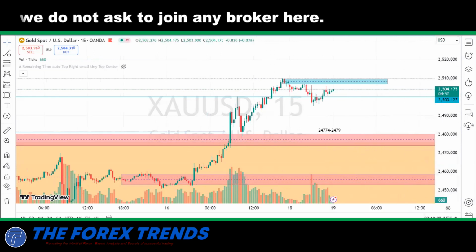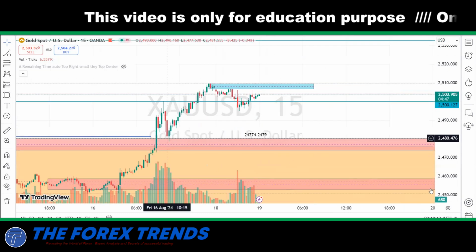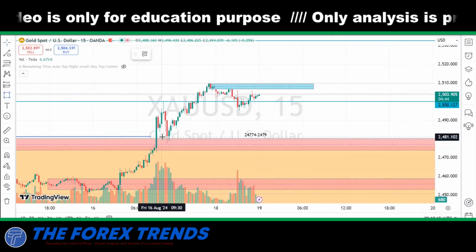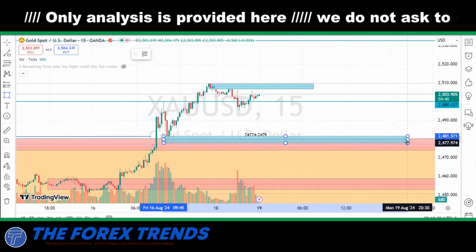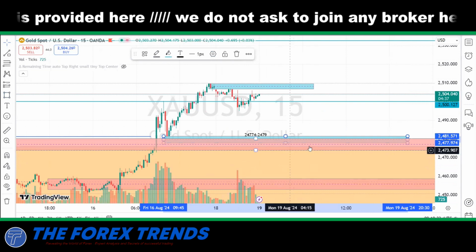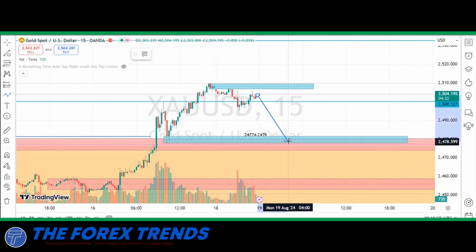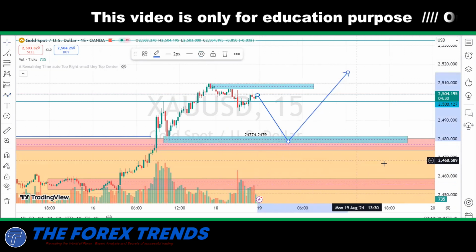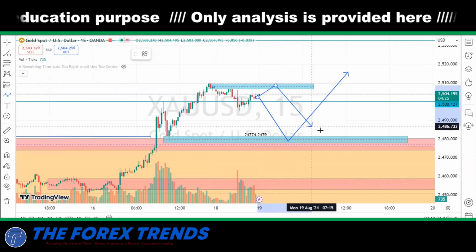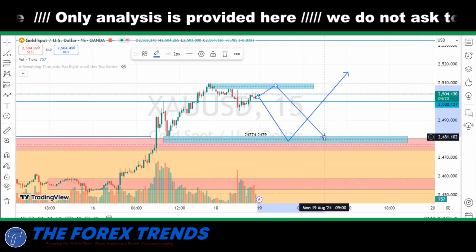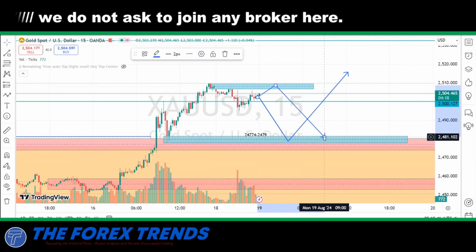Okay. So after getting price at this zone for today, you may initiate a buy from here. Okay. So this area is a very nice area to initiate a buy like this, and you may initiate a sell from here for scalping purpose. Okay. Those are all the trade setups for today as well as the entire week.